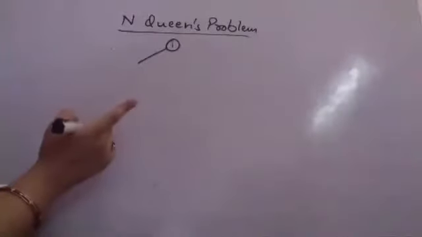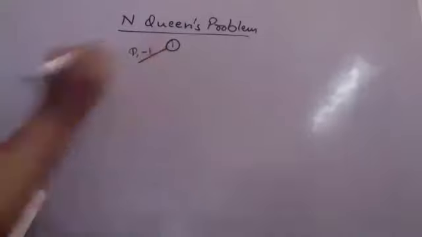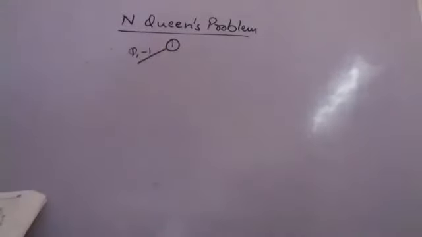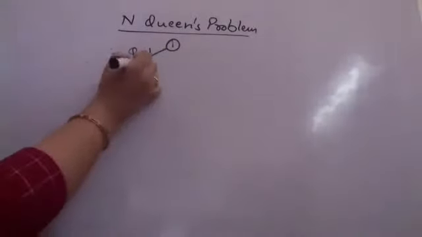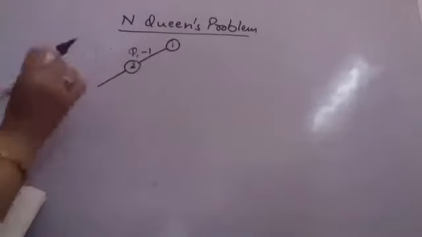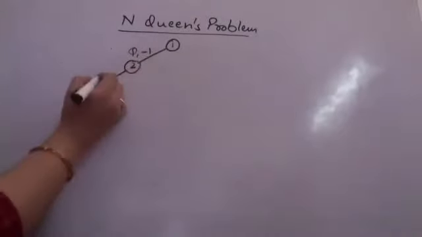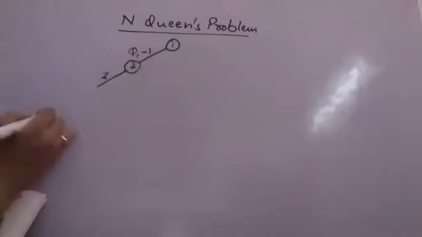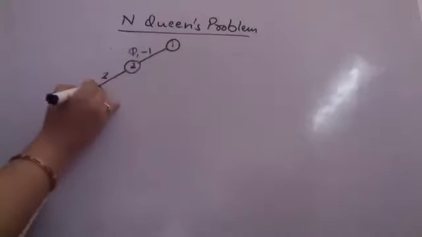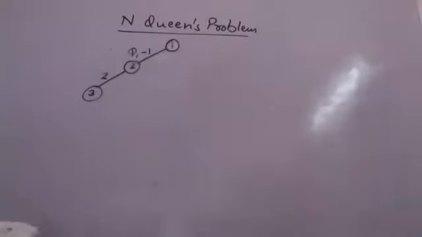What did we do in N queens? We gave queen 1 position 1. This was my initial. After the second node, what did I do? I gave queen 2 a position. Position 1 could not be given to queen 2, so initially I gave the second position. Now I will be reaching node 3. From here we will have to backtrack. I could not reach any possible solution from here.